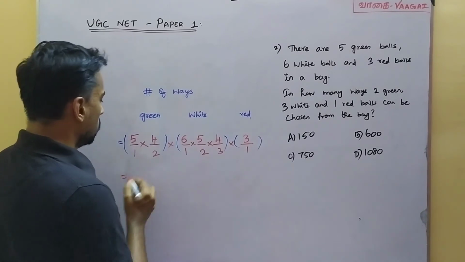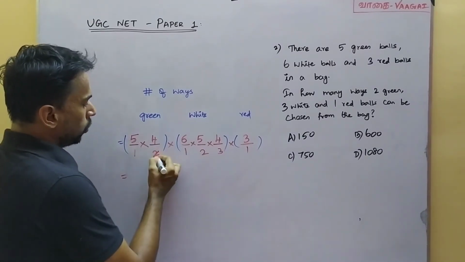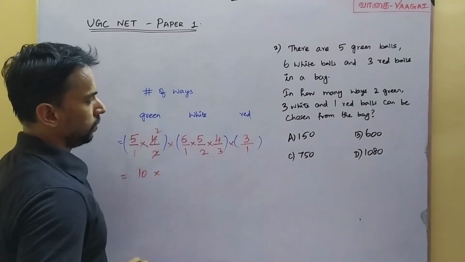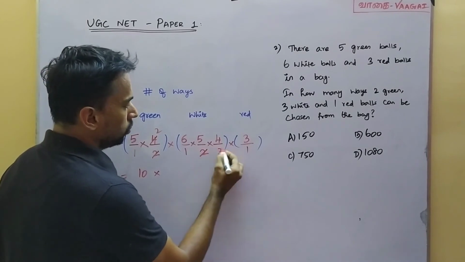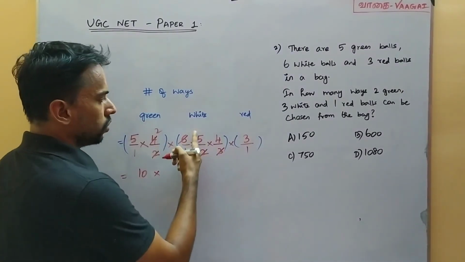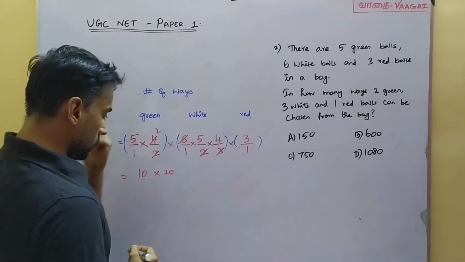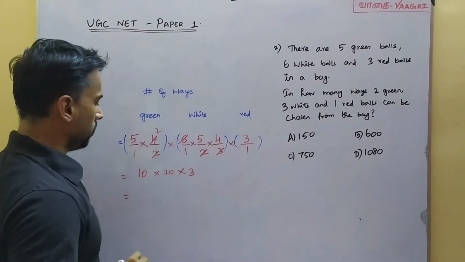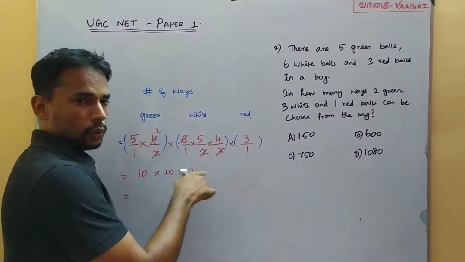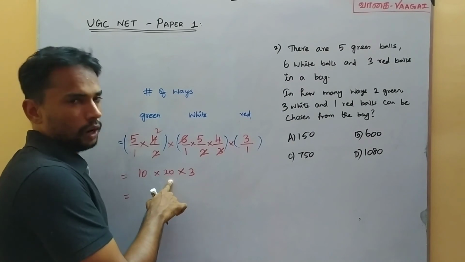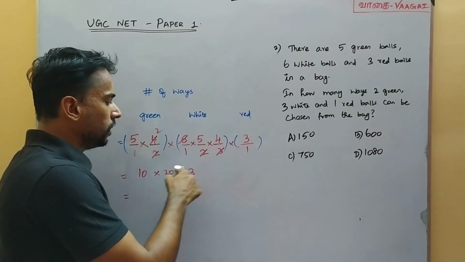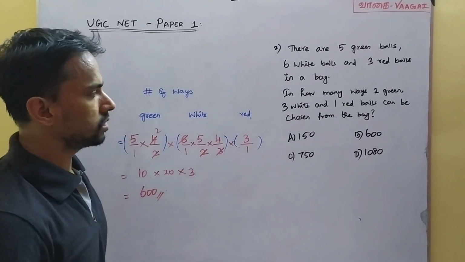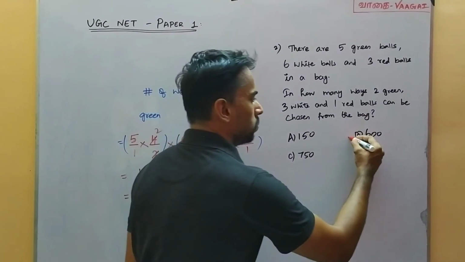Let's simplify this. So we will be getting here 2 and 4. 2 2s are 4, 2 times. So we will get 5 2s are 10 here, multiplied by. Coming here, we have 2 3s are 6. It's cancelled here. So 5 4s are 20 here. We'll have 20 here into. Next, the third slot, we have 3 by 1, just 3. So this will be equal to 10 into 20 into 3. So 10 into 20 will give us 200 basically, and 200 into 3 will give us 600. So that means 600 is our final answer, and that matches with option B.